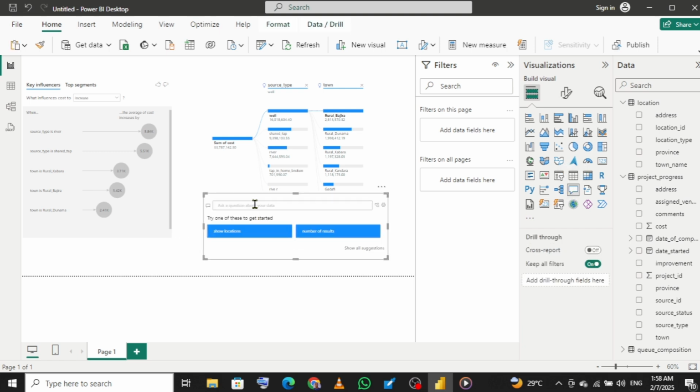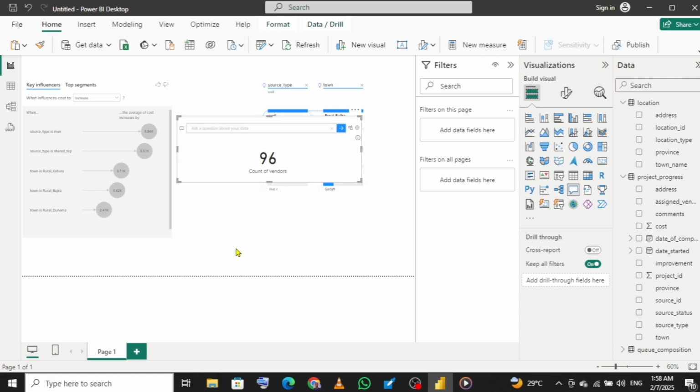You can ask Power BI simple questions just the way you're asking ChatGPT. I'll just say, what is the number of vendor? So I hit enter. You can see it gives me that we have 96 vendors. So you can ask Power BI different stuff, just the way you're chatting with something like ChatGPT. Now the last part we are going to look at is